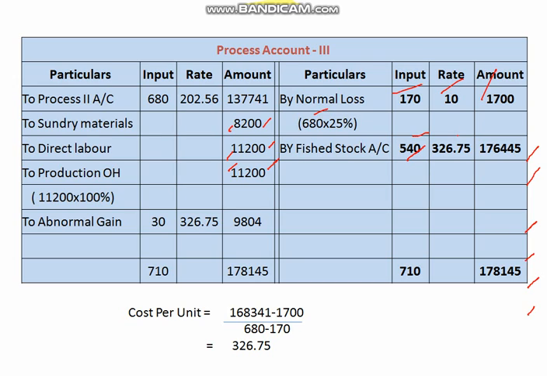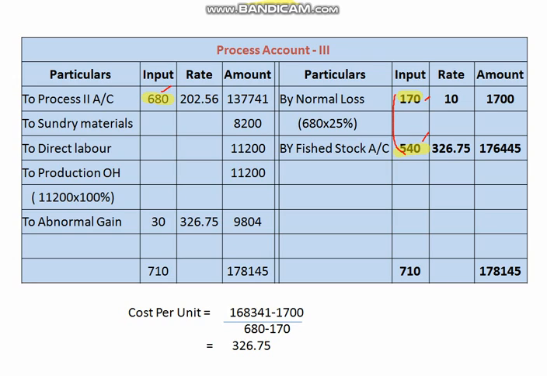Now the question is, what was the difference in the input and output column? So in the question this figure is given in the problem, this figure we also computed, and this one is also given in the problem. Now you find that 680 is this side, and add these two. If you add these two figures, you will get how much, sir? So 170 and 540, it was 710, but this side is how much?